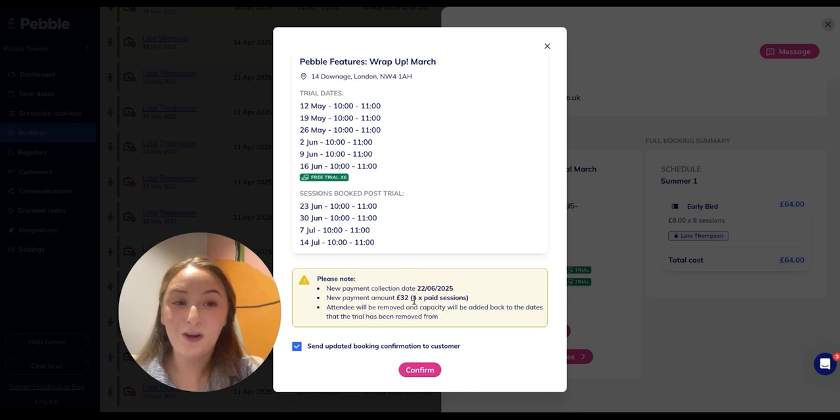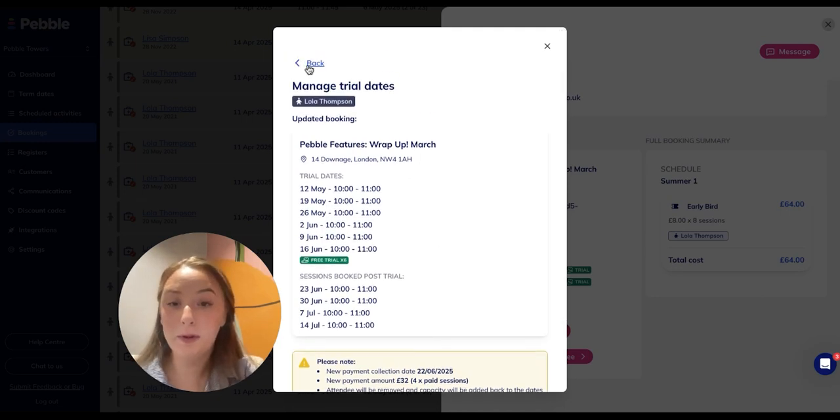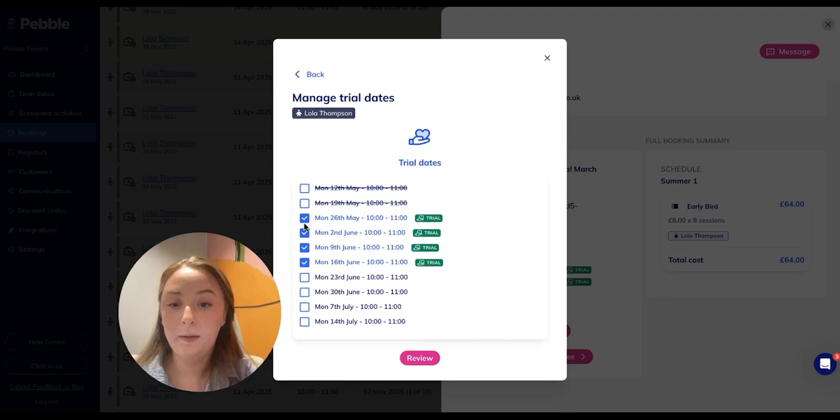In this example, there's only going to be 4 sessions left to pay, and they're detailed here, and that means it's a total of £32. The new collection date is also highlighted for us, and you can decide if you want to send this to your customer. If we want to go back up and just simply change those dates,